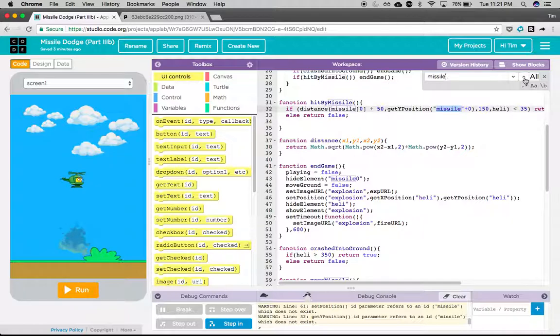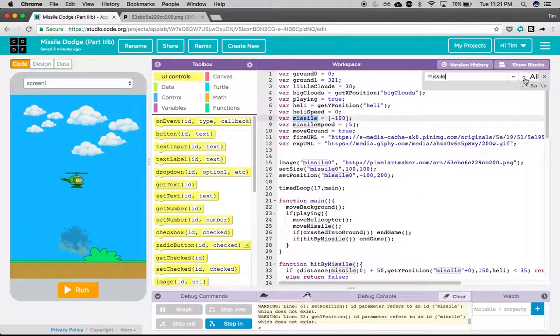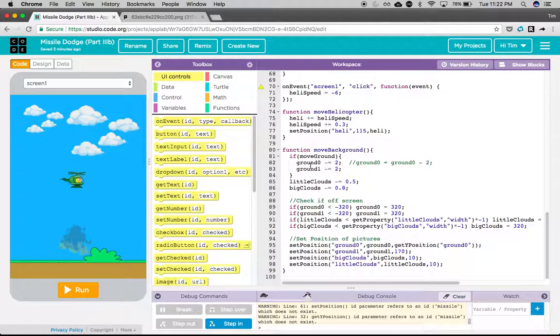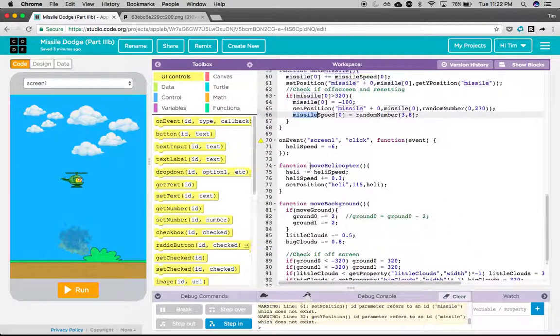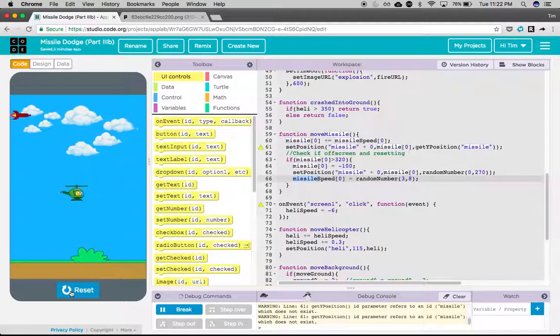Let's see if there's anything else. I think I've got all of the references now. Yep, I feel pretty happy. Command F or Control F if you're on a PC or Chromebook or something will work really nice for finding those. Then, if I run this,